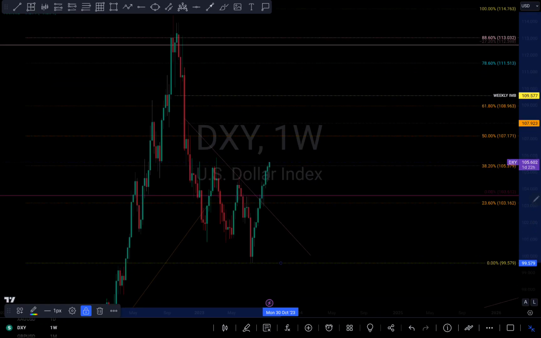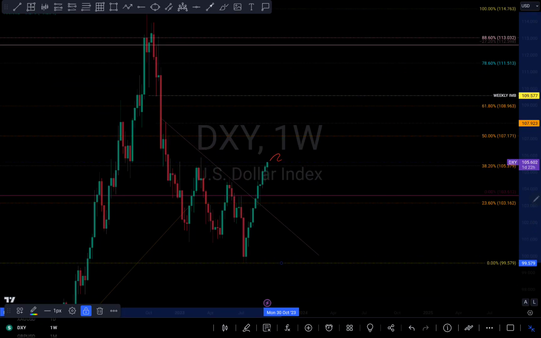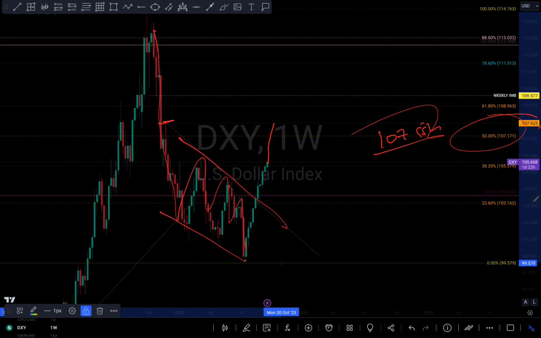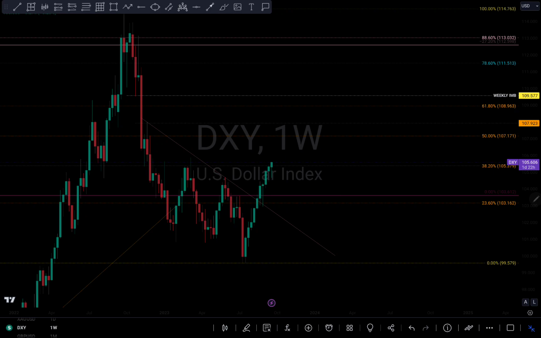Like I said, I don't like predicting too far into the future, so my next target on that is probably around 107-ish, and that is because of this right here. We can see an impulsive, sort of a descending correction, pushing up to around this area, which will be the 90% rule, right, which is coming near there, which also kind of aligns with my 50% fib level. So we might get here before we now push to the downside, but I still see it coming to maybe around my